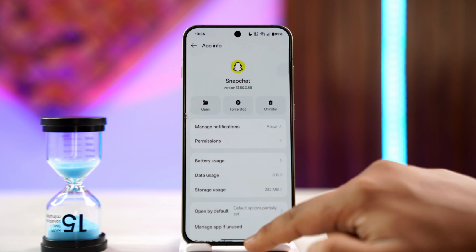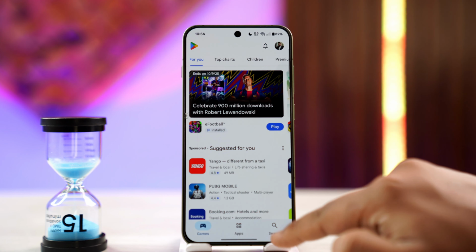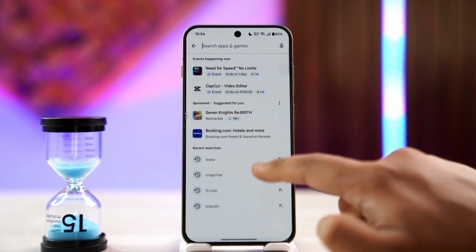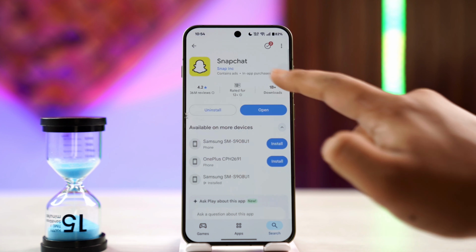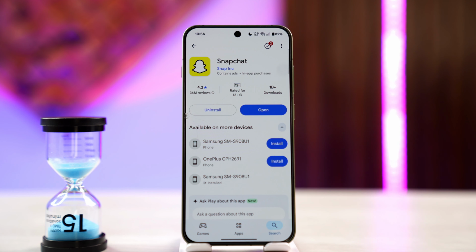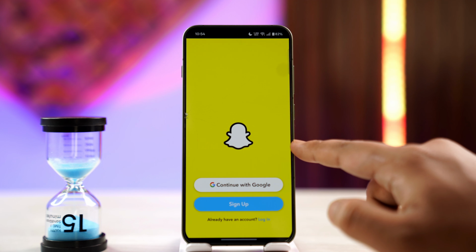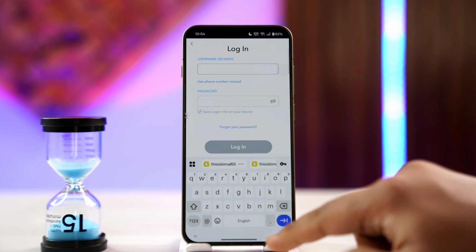So when you clear the cache files and data, lastly, you want to open up your Play Store, search for Snapchat application and check if it has got an update available. And if it does, you want to make sure to update it to the latest version. Then you can open the Snapchat application here, and if you're still not being able to log in, then chances